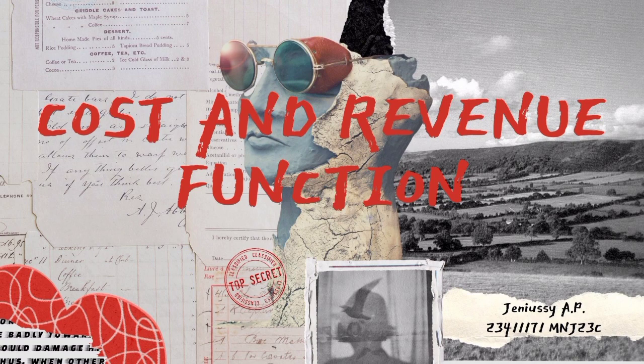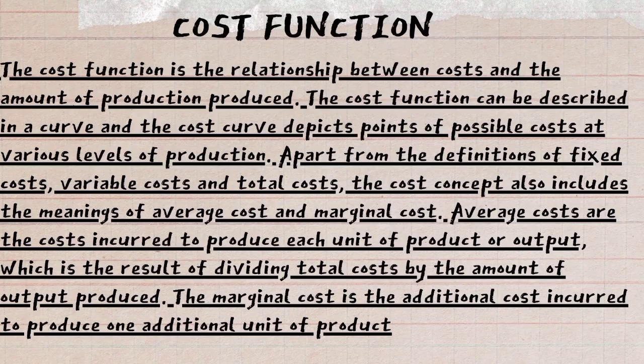In the sixth video, I will talk about cost and revenue function. The first one is cost function. The cost function is the relationship between cost and the amount of production produced. The cost function can be described in a curve, and a cost curve depicts points of possible costs at various